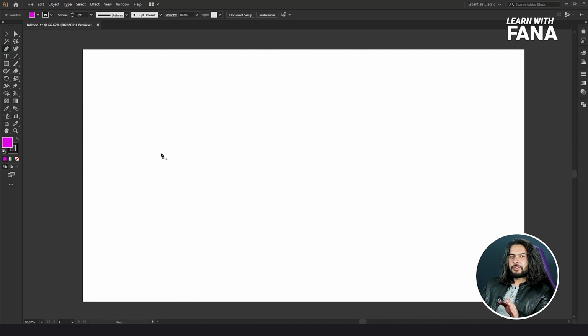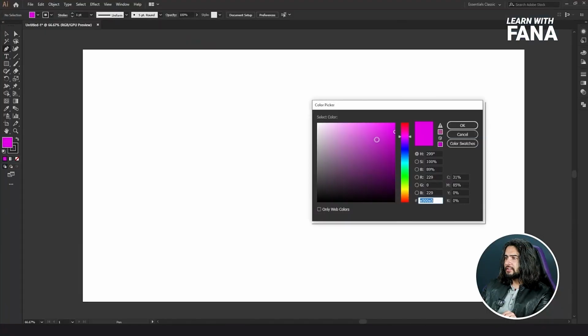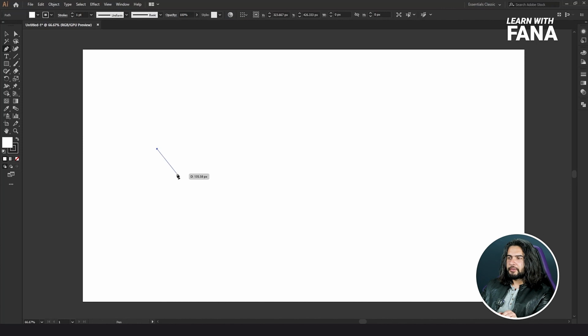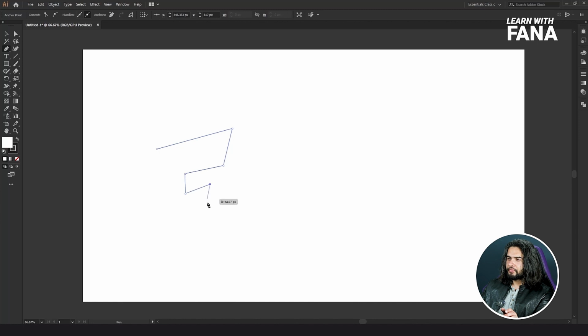When you select the pen tool, it means you have the power of creating any shape however you want it. For doing so, let's change its color to white maybe. First we're going to click. Now this is the first point of our shape. Click here, click here, here. This is how I can create a shape like I created F, maybe like this,